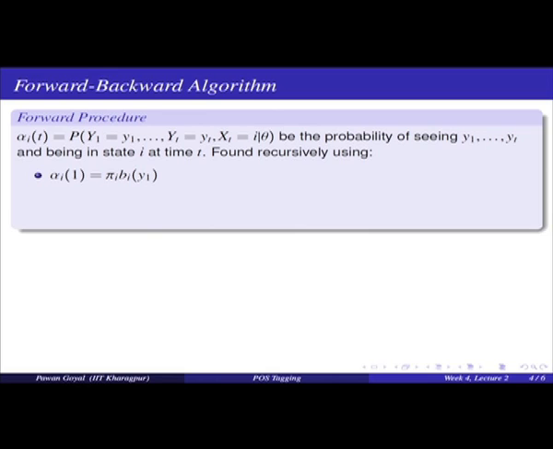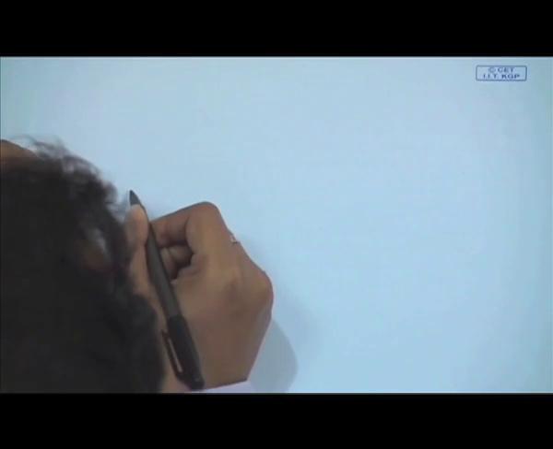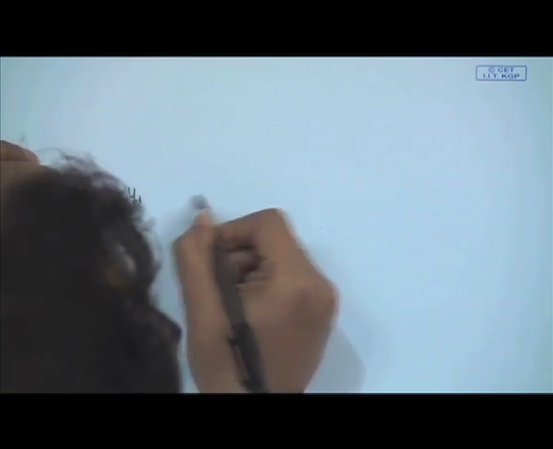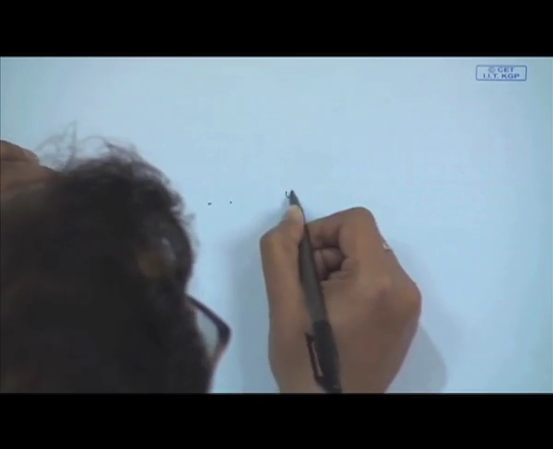For that we use a forward backward algorithm. That is the main concept of this algorithm. So, let us see what this forward backward algorithm is. In the forward backward algorithm, we have a forward procedure and a backward procedure. For explaining, let me just show it on paper once. What is happening? I am observing this sequence y1, y2, y small t,